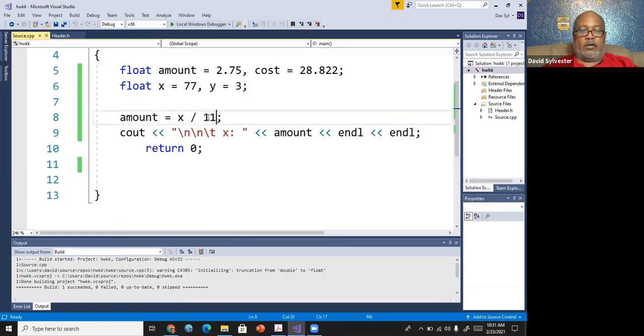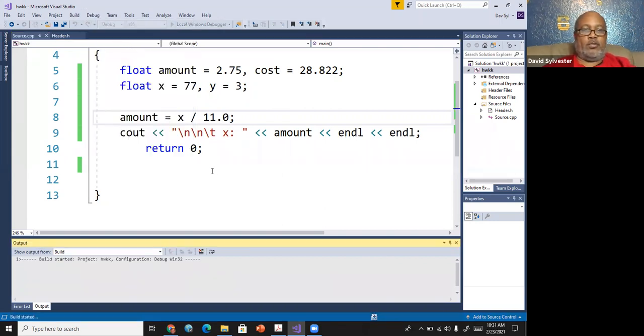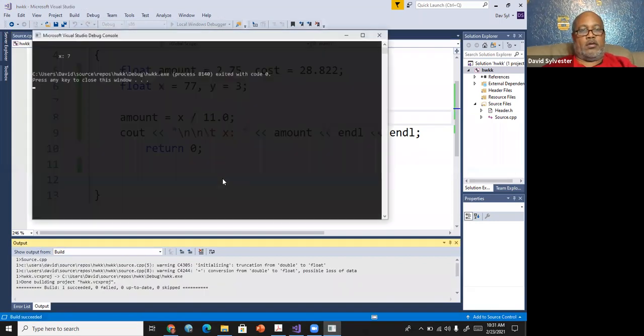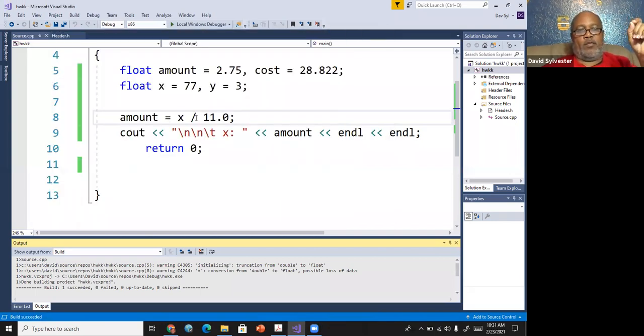Now, watch what happens when I do 0.0. Now, when I do the 0.0, it should do, well, it may not, but it should do, no, it didn't. It didn't promote it. It should have did the 0.0. But normally when you have an integer divided by a float, it'll result into a real number.